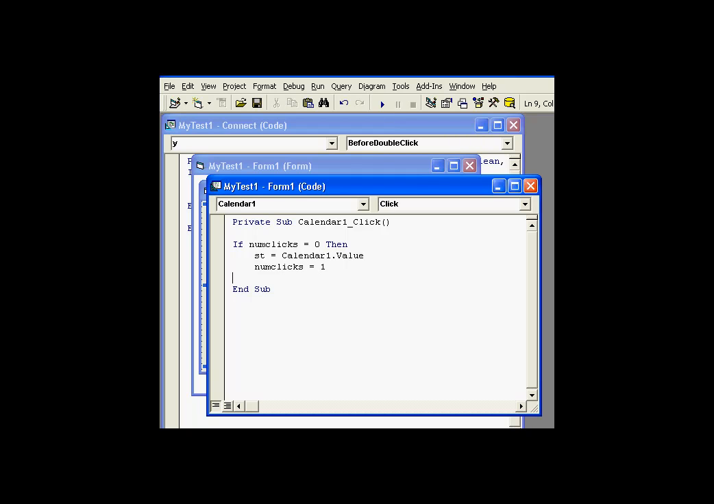and now we'll set numClicks equal to 1. And we do that so that the second time we click, we're going to take the else portion of the if-then statement. So at this point, if the user has clicked once and numClicks is now equal to 1, the second time through we're going to take the else portion. We'll simply say let's set et equal to calendar1 value. That's the end time. We'll set numClicks back to 0,